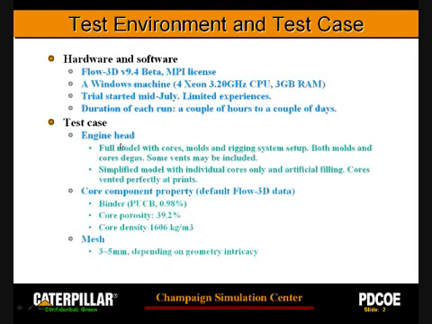The test case we did is an engine head with the cores inside. Sometimes we include the mold, sometimes we don't, so it depends on the situation. If we don't include the mold, we just have the cores themselves with some artificial feeding conditions. It looks like this is a pretty good way to study individual cores, to see their behavior during feeding and gassing. In this presentation, most data was produced with the default Flow 3D information,